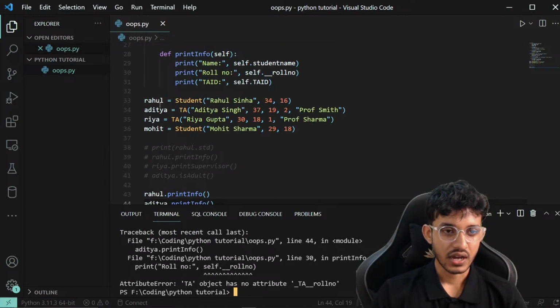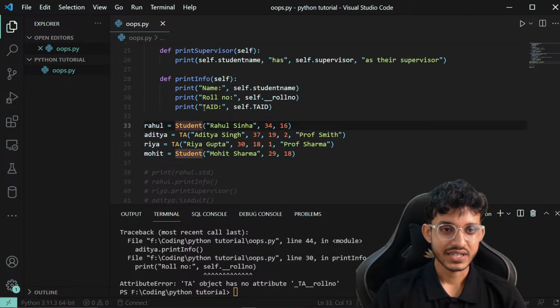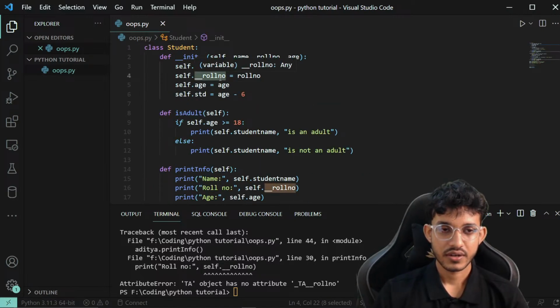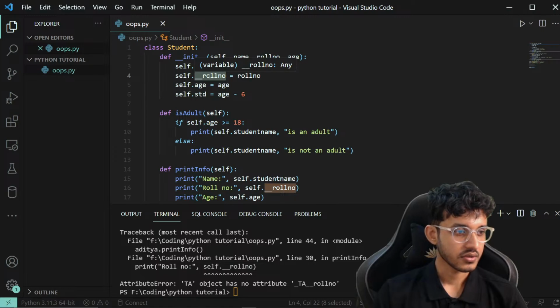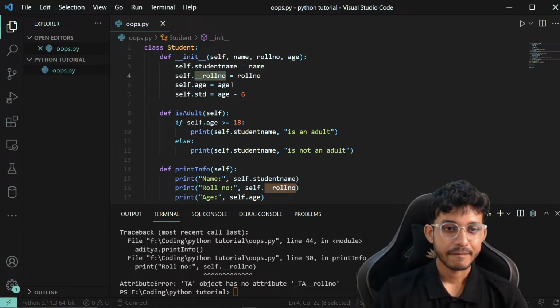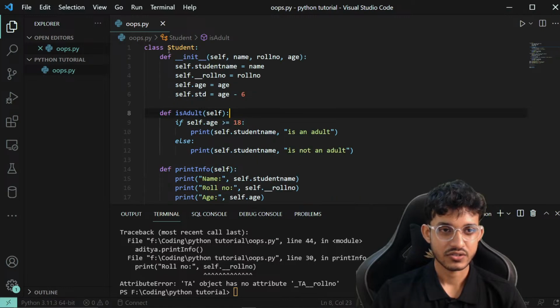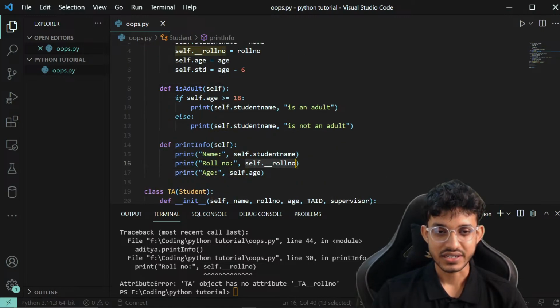Why is it working? Because Rahul is an instance, an object that is created from the student class. And inside the student class, roll number is a protected value or a private value. Okay, private and protected are different, but in this case, we're not getting into that. It's a private value, so only the methods that are inside this student class can retrieve that value and